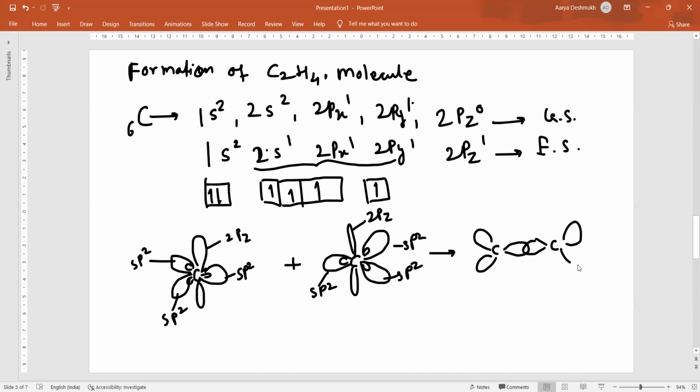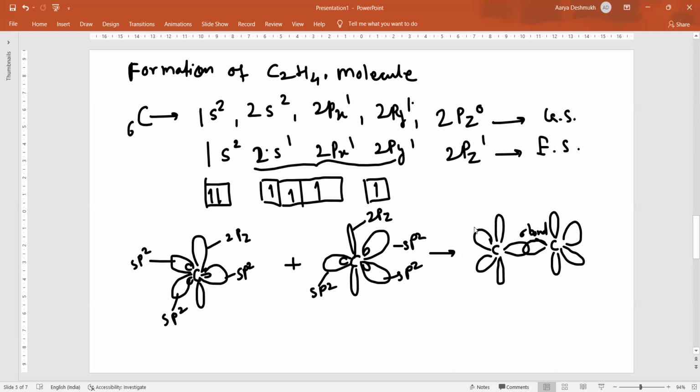Whatever I drew on the screen should come in your answer while writing the answer for this question: How do you explain the formation of ethene molecule by sp2 type of hybridization? So this is the sigma bond which is formed,